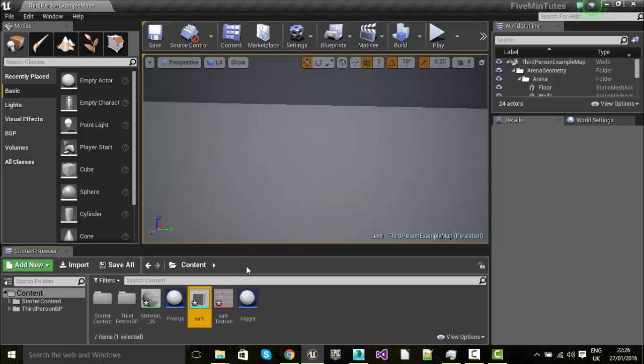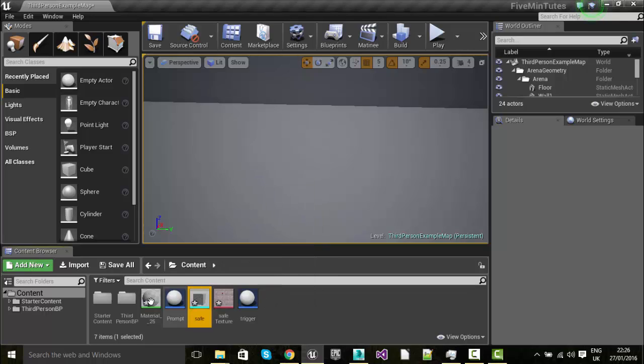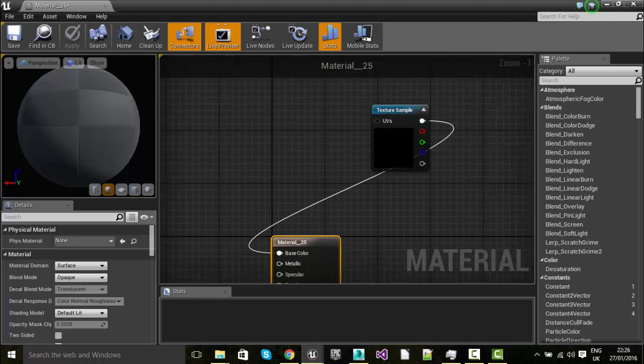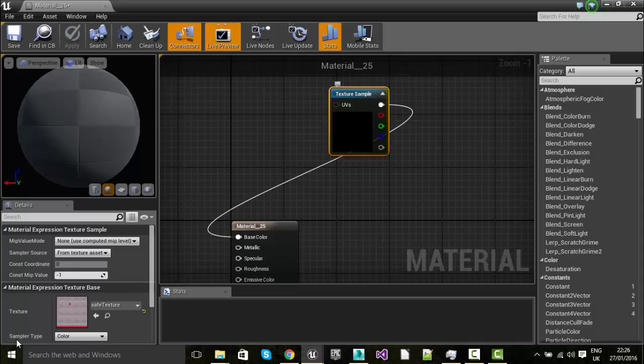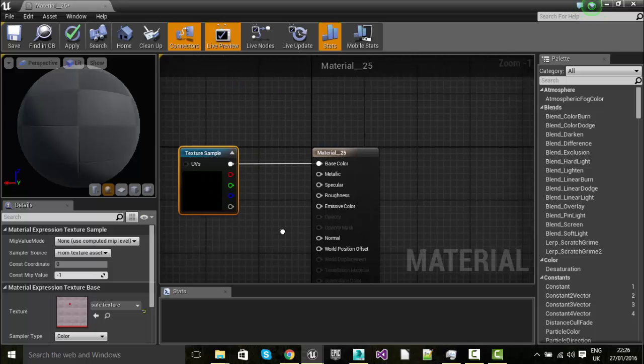Okay, that's finished importing. And you can see it's also brought the safe texture with us as well. It has also created a material, which is brilliant, which is what we want to look at next. So the base color on that material is a UV, and that UV is the safe texture, which is excellent. Right, okay, so the next thing we're going to do is